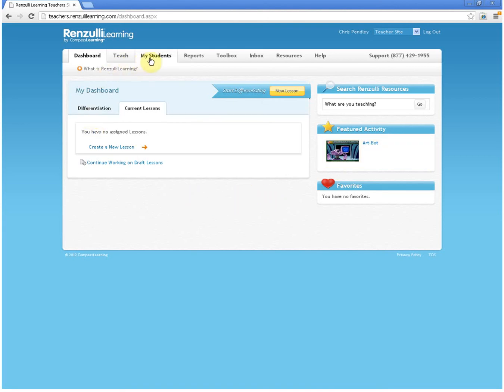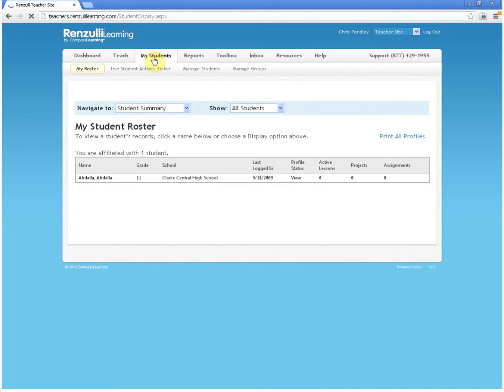What we want to do is come up here to My Students. This is your student roster, and what you might notice right now is that you have maybe some old students, or maybe someone else in your building has associated some students to you that you're not aware of why they're there. And so we want to manage this roster by coming up here